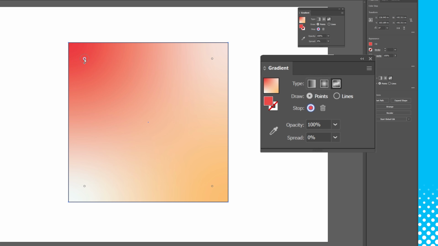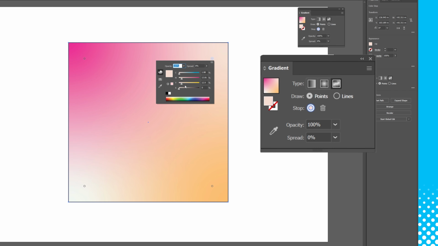I can select each of those gradient points by clicking on them. You'll see that there's a small dashed line around it, and you can adjust this by dragging the handle to affect the weighting of the color points. Incidentally, pinks and purples are proving to be quite popular in gradients. I can then go through and change the other color points to different colors using the same method.